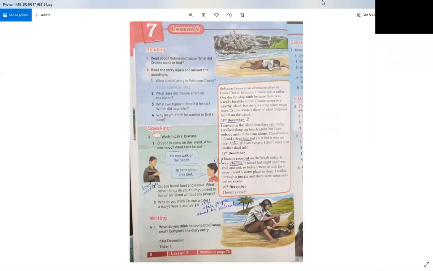Now we're going to read a story. Of course, it's an adventure story about a character called Robinson Crusoe. As you can see, he was alone on an island. Let's read the passage. Okay, Robinson Crusoe is an adventure story